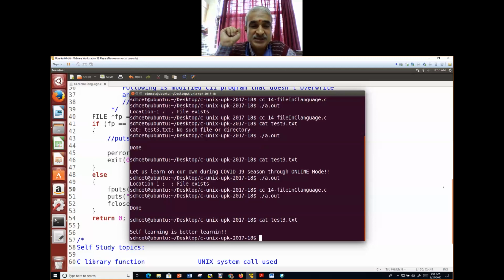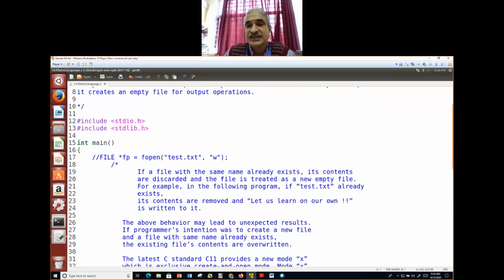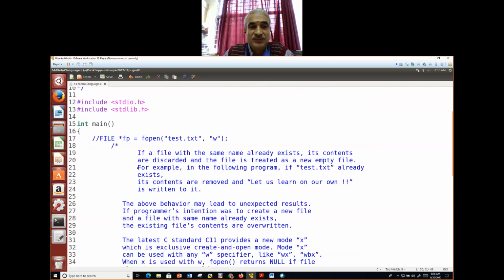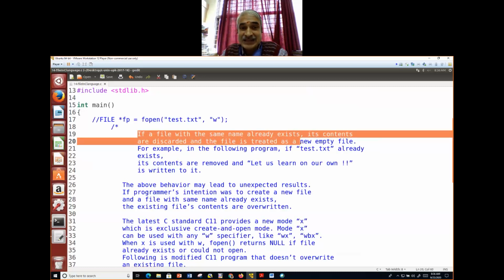So, my dear friends, anything theoretical you learn, let me repeat. Look at the marking. I am reading intentionally. When you use only w here, if a file with the same name already exists, its contents are discarded and the file is treated as a new empty file.